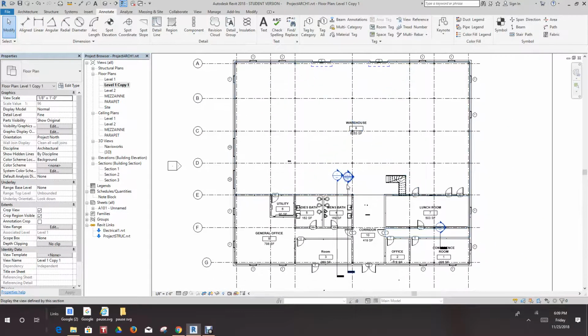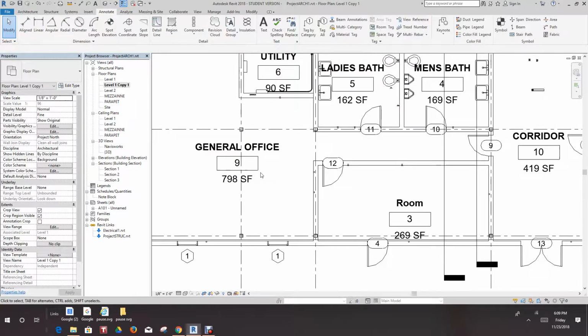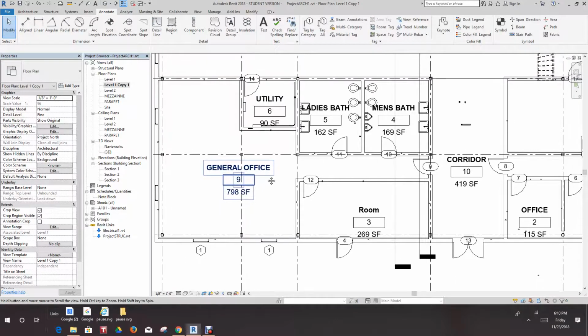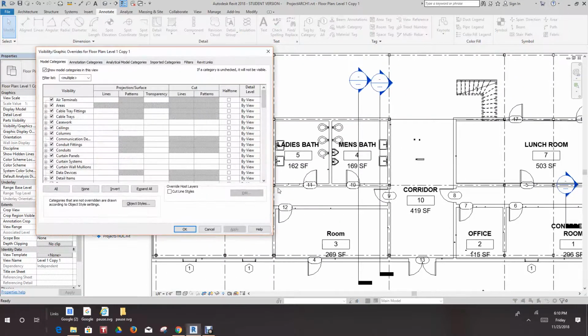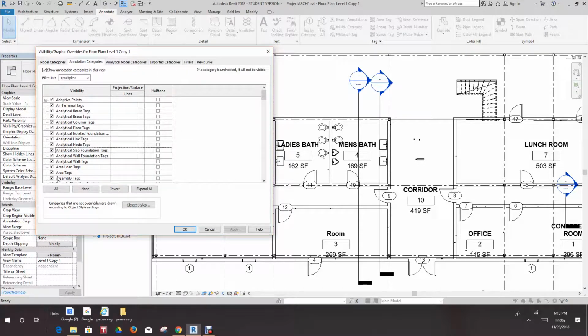Now we can also control visibility of these. So if I go ahead and hit VV, the visibility graphics overrides. You can go and look at these are your categories. We want to look at annotation categories, and we can go down. We can control whether things are shown or not. Now if I scroll down, all these are tags. So all these different tags. So we can go here and we can look at our room tags,